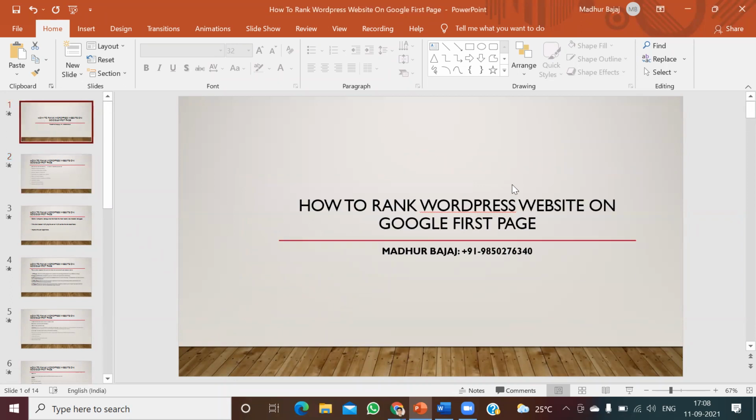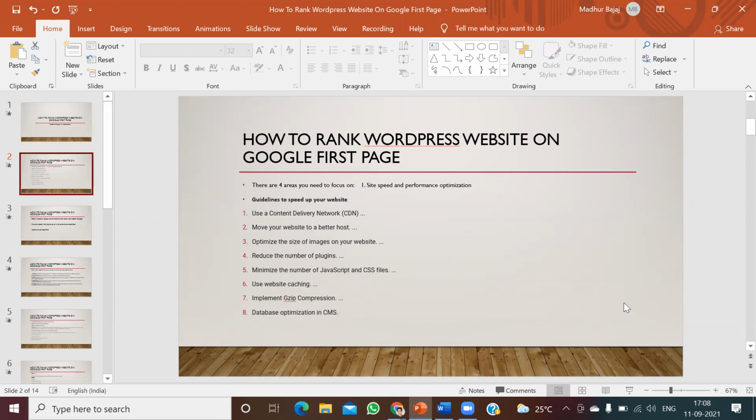So today we are going to learn how to rank your WordPress website on the Google first page. First I'll explain the fundamentals to you, then we will see the practical part as well. So guys, if you want to rank your WordPress website on the first page, what guidelines do you need to